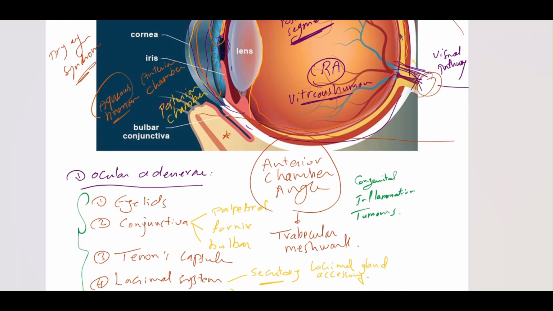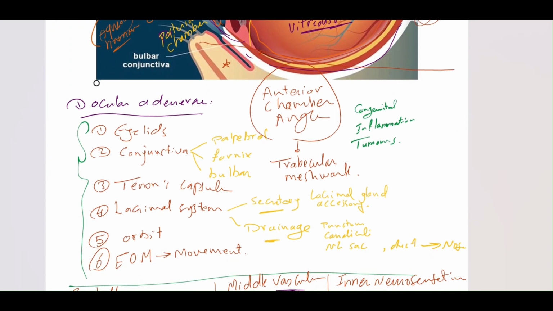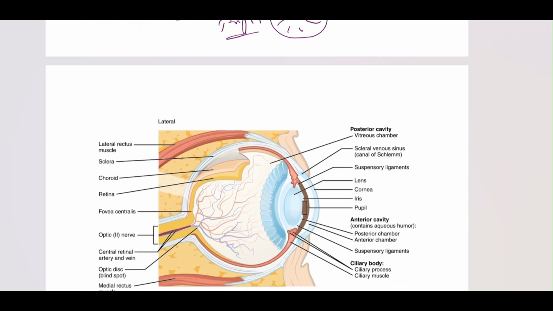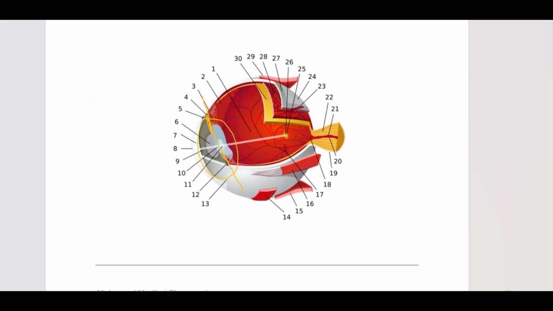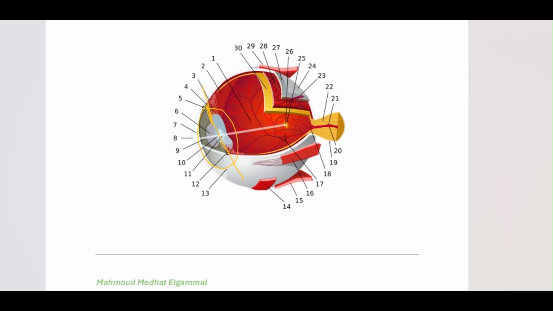This is a simplified explanation of the ocular structures and ocular anatomy with a very quick explanation of different diseases. This diagram shows the different ocular structures, including the